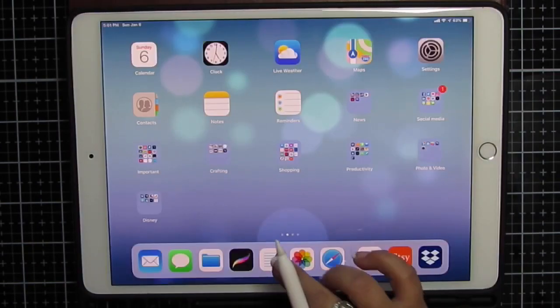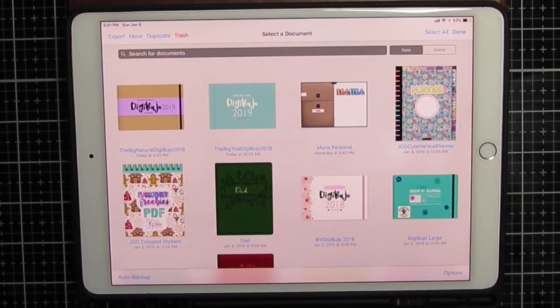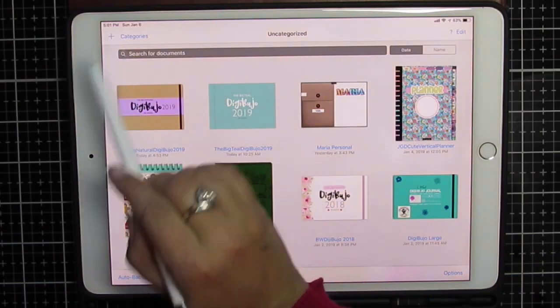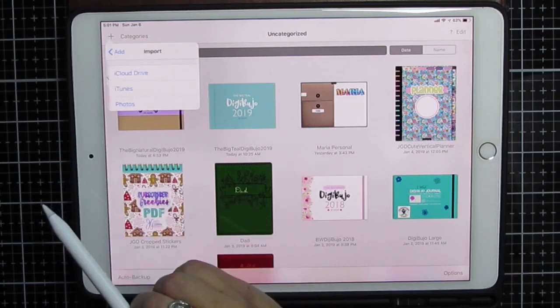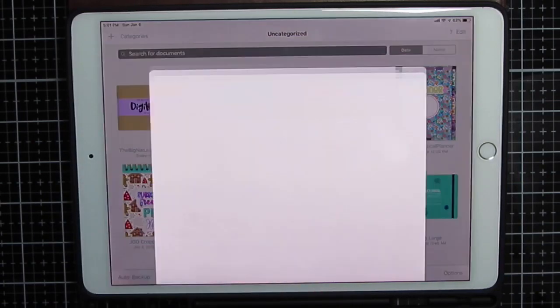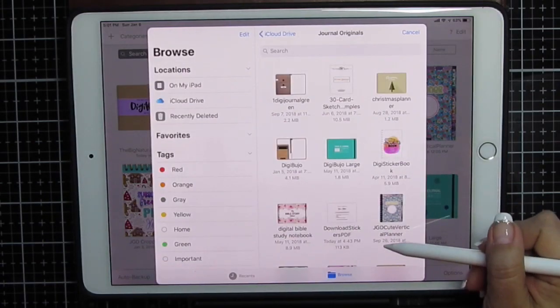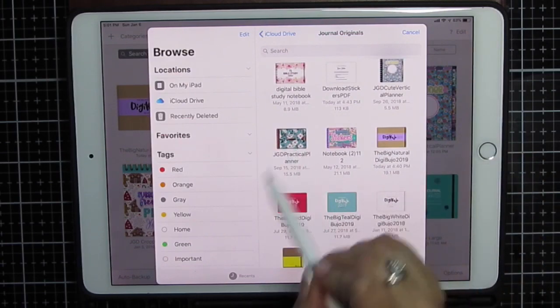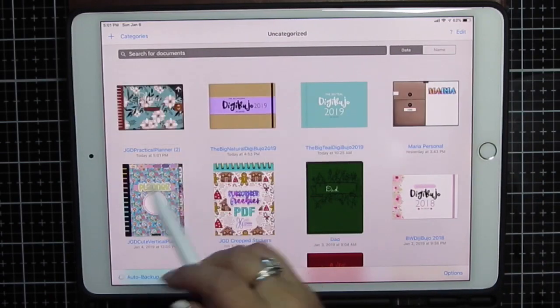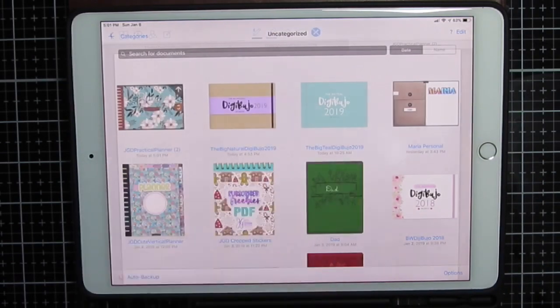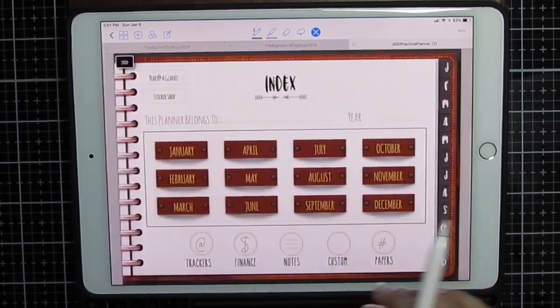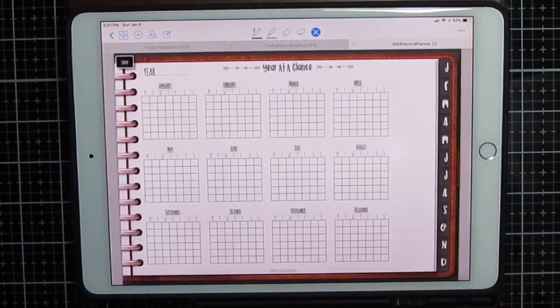it in there. Then you will go into Goodnotes, click your plus sign, import. iCloud Drive is where I saved it. I'm going to find my journal, practical planner, and it downloads a nice, clean, brand new journal, and there is